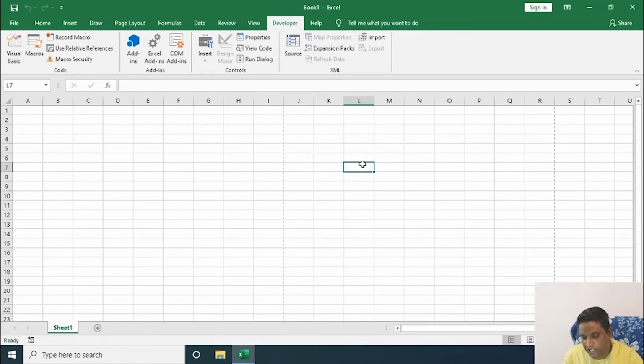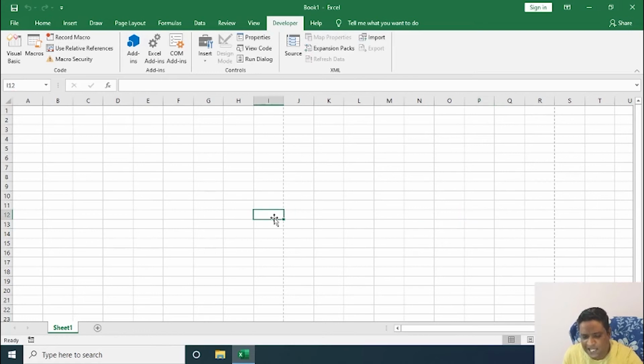Say suppose I click on any cell. So what is a cell? A cell represents a column and a row. Okay, you can click anywhere. See, P represents what? Column. And come towards the left, 12 represents row. So you get this in a name box. Where is the name box? At the left end. Can you see here? This is called a name box. P represents column, 12 represents row.